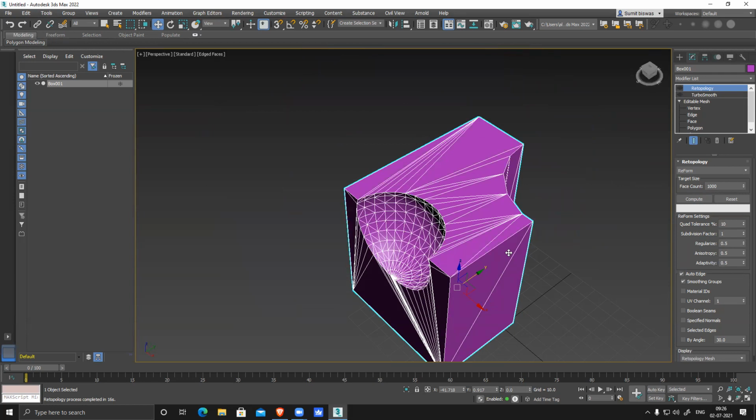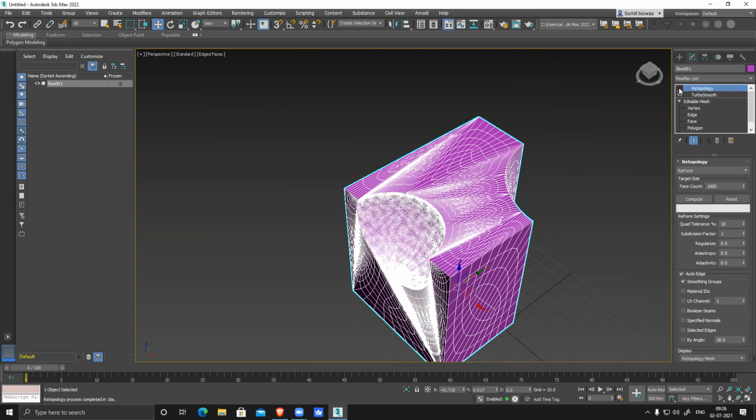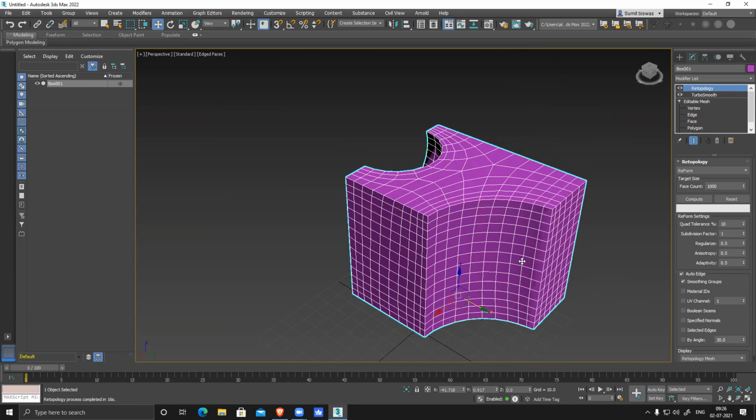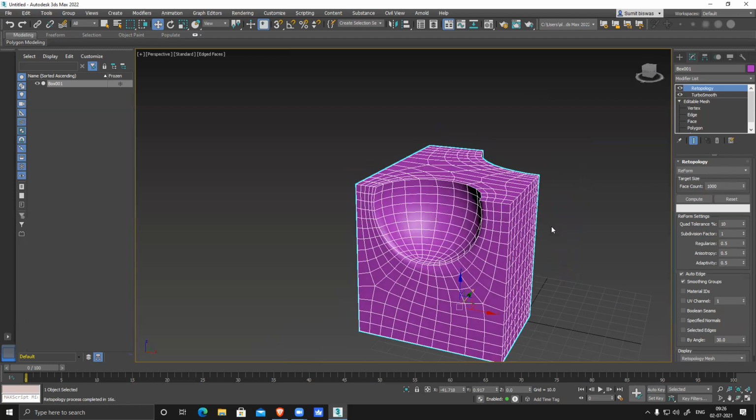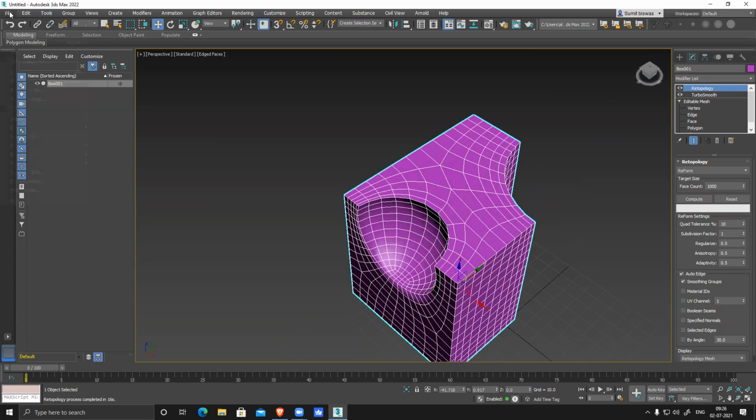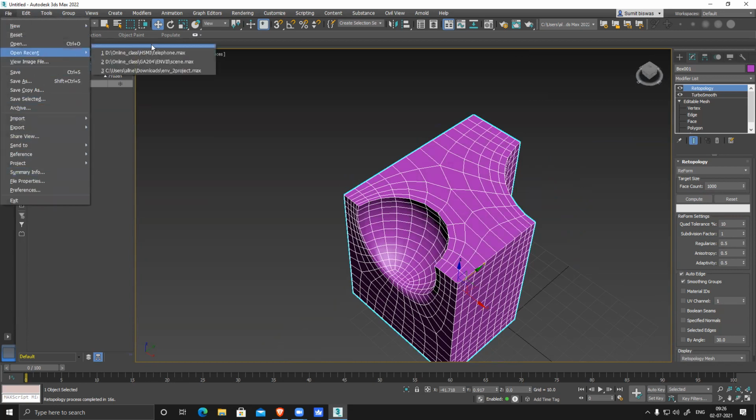So that's why, to get rid of all those issues, I'm simply retopologizing this model. So it will be super clean. I can take it to ZBrush. There won't be any issue, any kind of shading issue, surface deformation or pinching. Nothing will happen. Just to make sure everything is clean, because otherwise you have to spend extra time and fix everything in ZBrush. Whatever you create in high poly will be visible in low poly. If there is a pinch, it will be visible in low poly. So that's why we have to fix everything. So I'll just open my file.